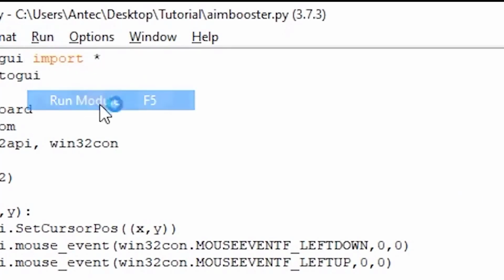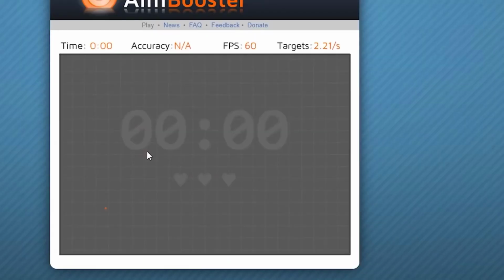Save the script, run the script, tab over to Aim Booster and press Challenge. And voila, there you have it, a working Aim Booster bot. Remember that you have to hold Q to stop the bot. If you experience accuracy issues, just slightly tweak the delay after the click so the bot doesn't have the time